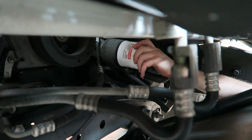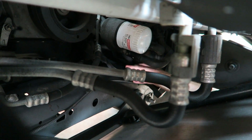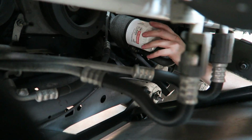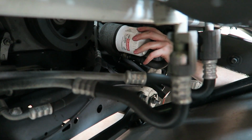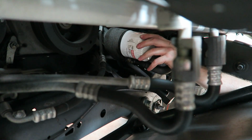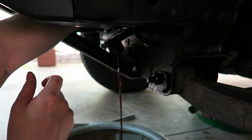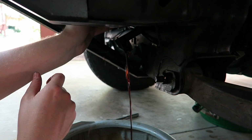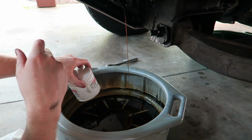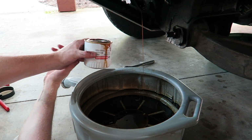So you see this nifty little spout thing? That's pretty cool. I wonder if that's... It looks factory. Oh yeah, nifty. That's a big old filter. I guess it's a big old motor, so